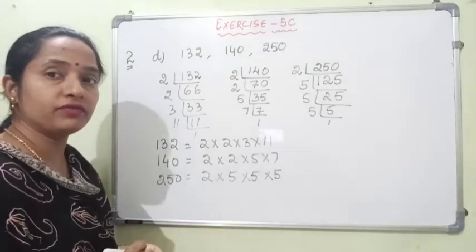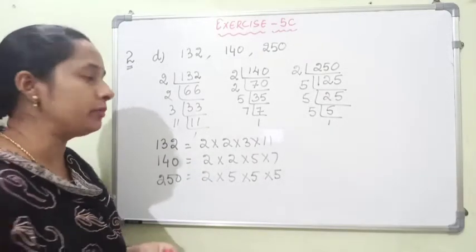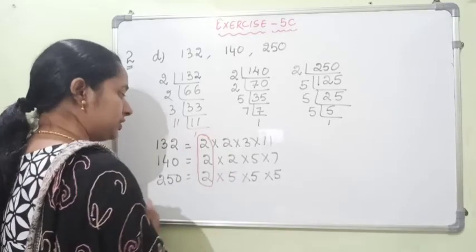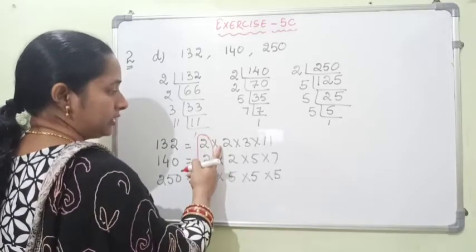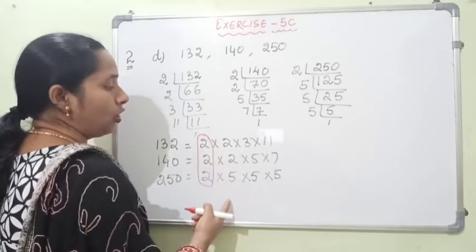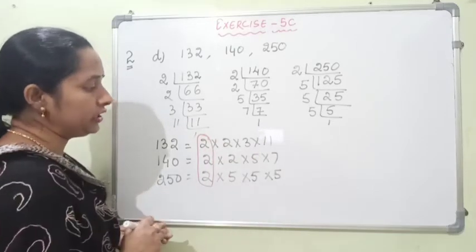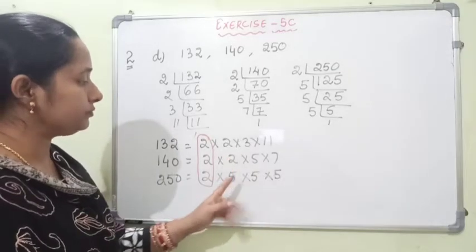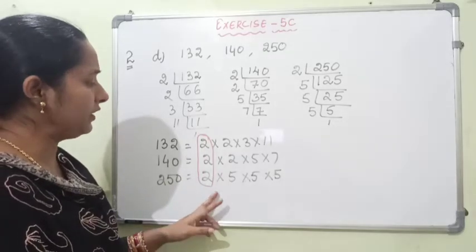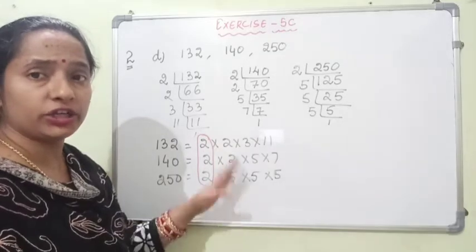Right? Now what we have to do? We are finding HCF, means highest common factor. So what is the common factor in all these three? First let us check out. So 1 is one of the common factors. The next factor 2. Does it have another common factor here? No. We have not 2 common in all the given factors. Is there any other number that is common in all the factors? No. Only 1 and 2 are common in all the given factors of all these numbers. Otherwise, the rest of the numbers are not in common.